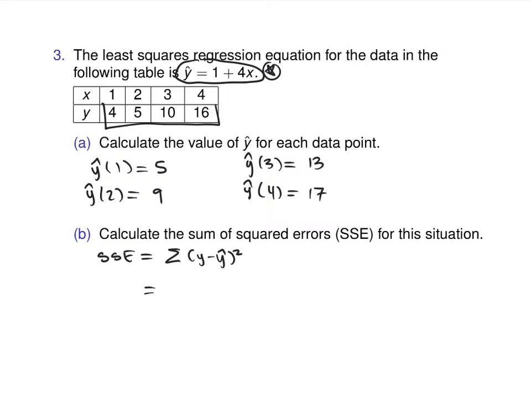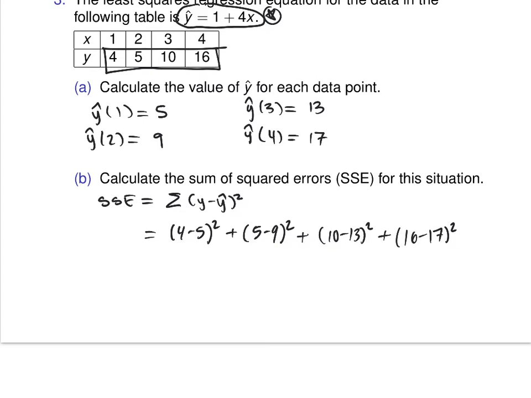And then these values are all the original y's. To find the sum of squared errors, you find the errors, which is the difference between the actual and the line, and square them. So the first one, what's the first y value when x is 1? 4 minus 5, and then squared. Plus 5 minus 9, squared. That one was really off, wasn't it? Plus, and then plus. So the line we picked wasn't so bad at the first point and the last point, but it kind of sucked in the middle, didn't it?